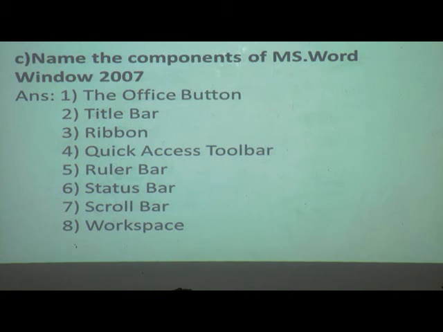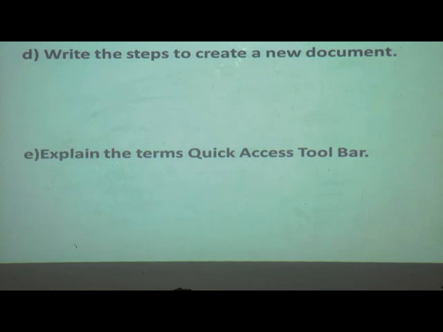Finished, everyone? Now write the steps to create a new document. How to create a new document in MS Word?